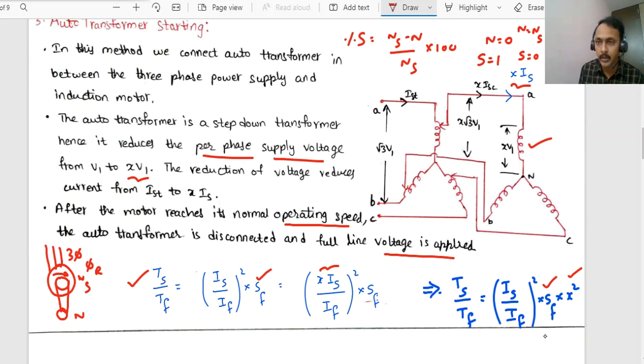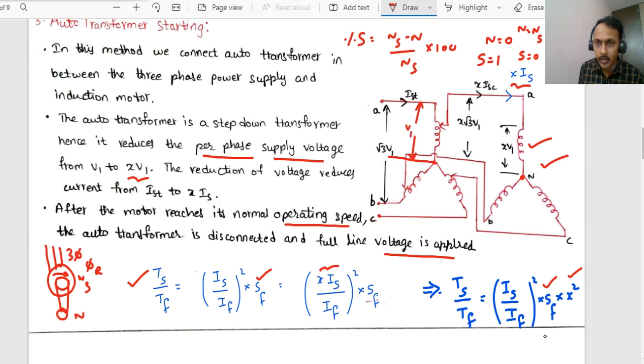You can observe here the winding is connected in the star manner. Here root 3 times VL is the voltage in between the two lines. Line to line voltage is root 3 times V1. This V1 is the phase voltage. If you measure the voltage in between this neutral point and any one of the line, we have assumed in